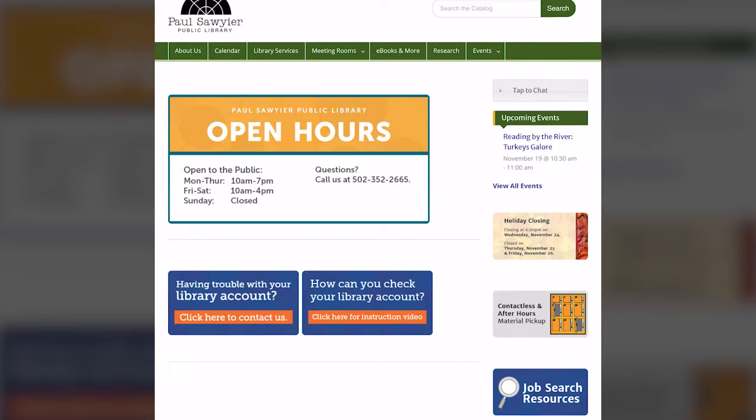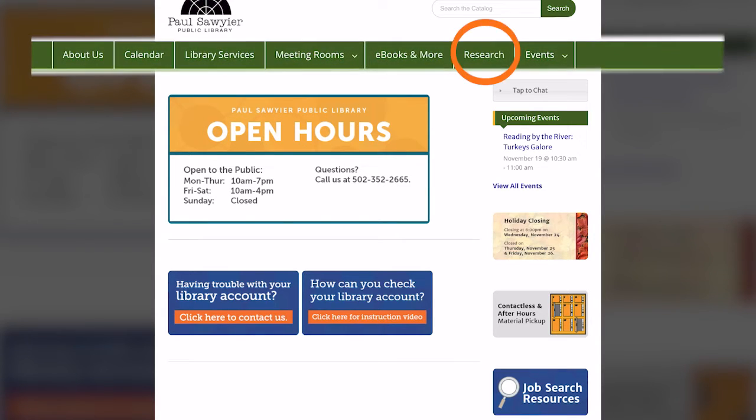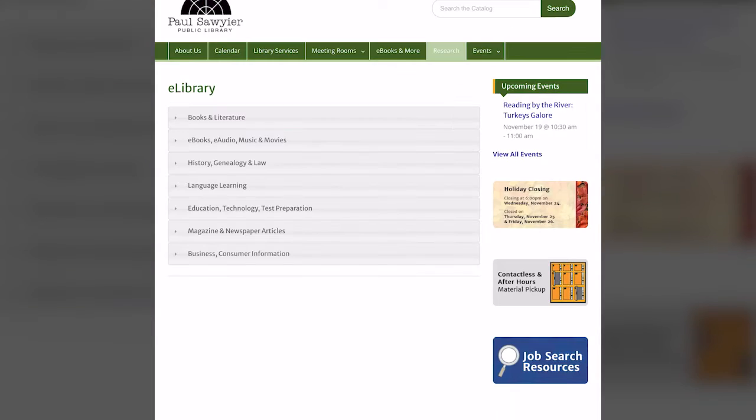This Tech Tuesday, I'll be guiding you on a brief tour of our library's databases. We'll dive in at the Research tab, the second to last option on the main menu. Here we are on our eLibrary page, where you'll find a list of categories from books and literature to business